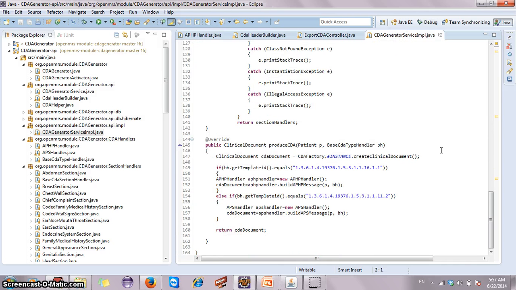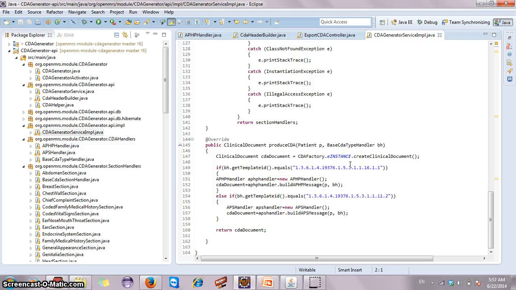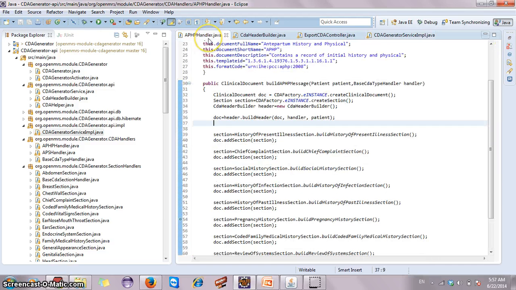And here we check CDA document type user wants using template ID, whether it matches or not, and according to that we call particular handler class APHP or APS, where we call build APHP or APS message method. So we go to APHP handler class, and here we build CDA header first and all other sections required in the message, and finally output to the user.